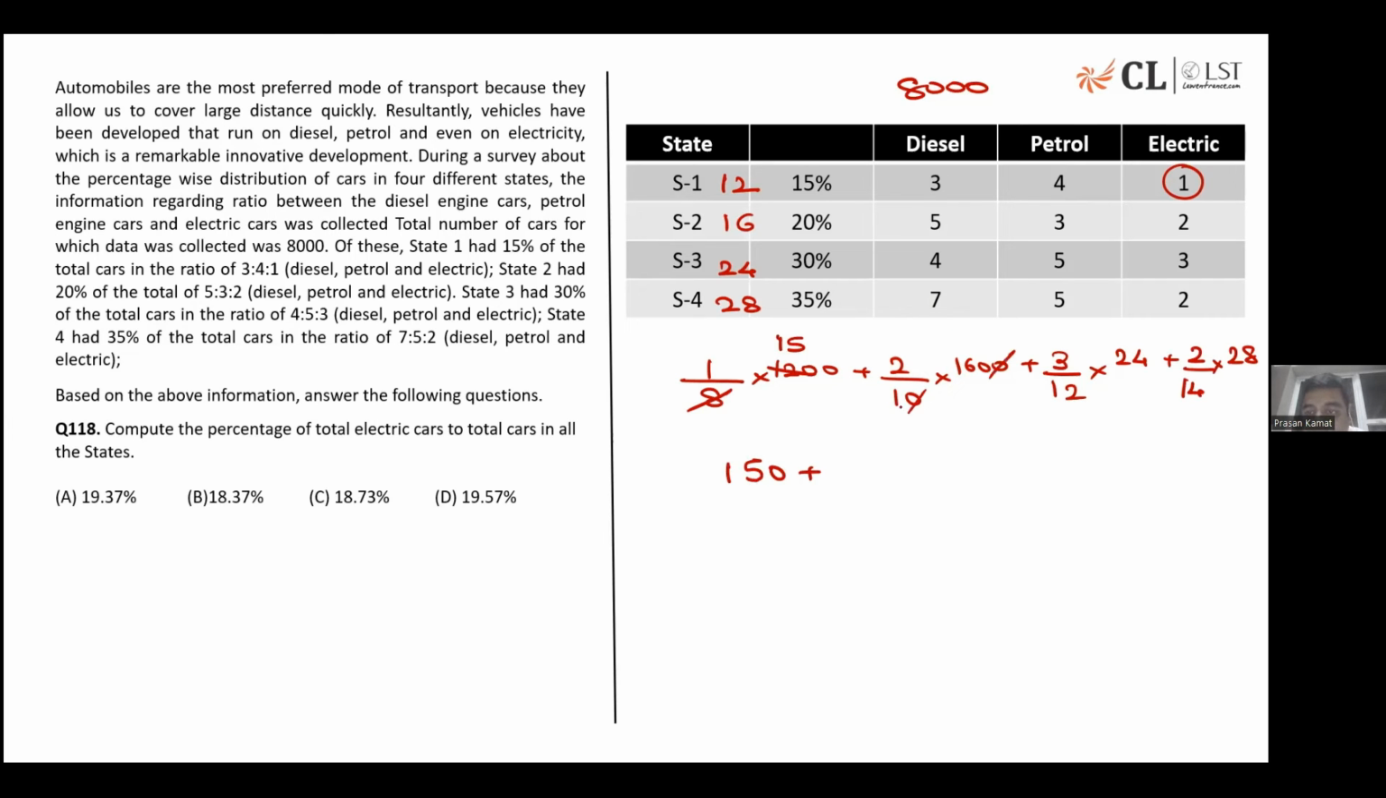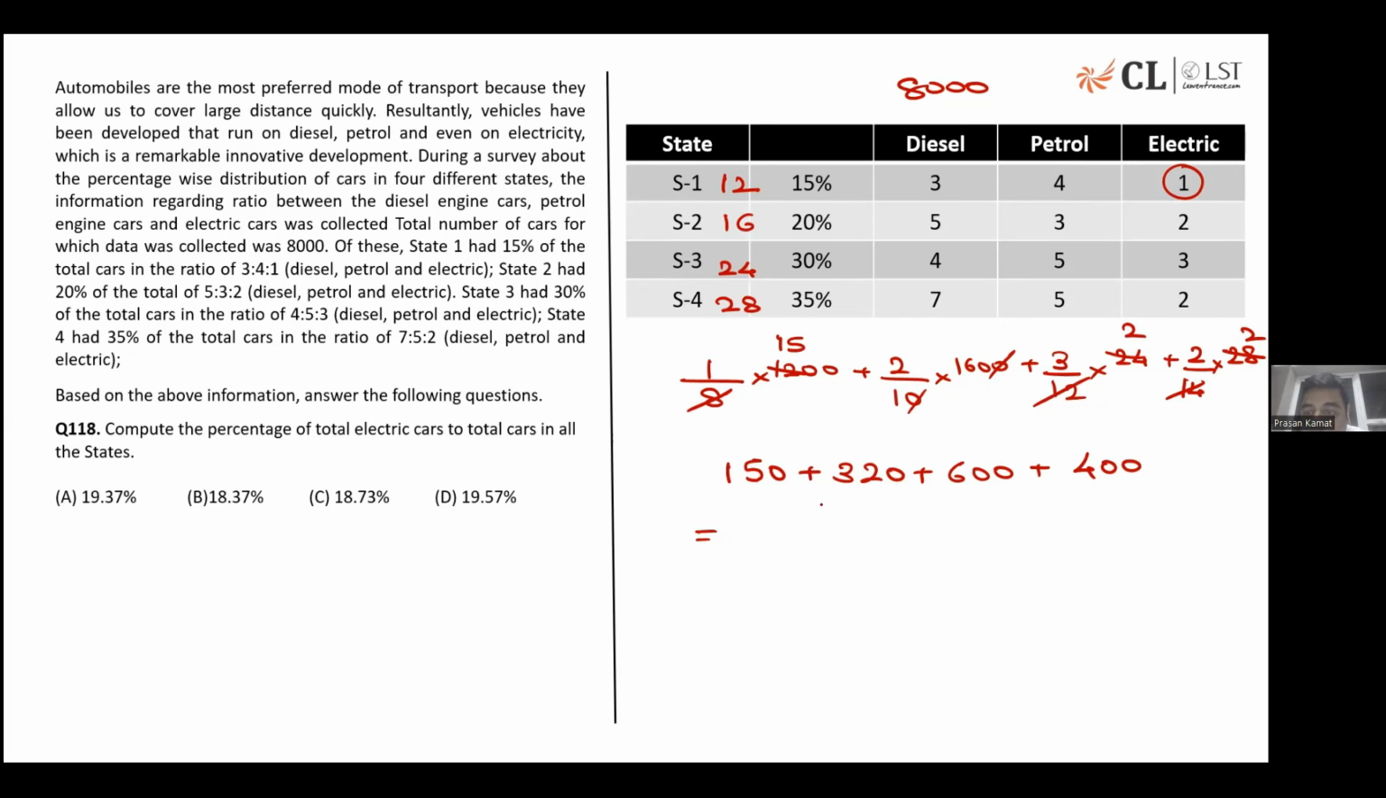Plus, this will cancel. 160 into 2 is 320 cars. Plus, this is again 2, 6. So that will be 600 cars. Right? And last, this is again 2. So this should be 400 cars. Okay. This total, I hope